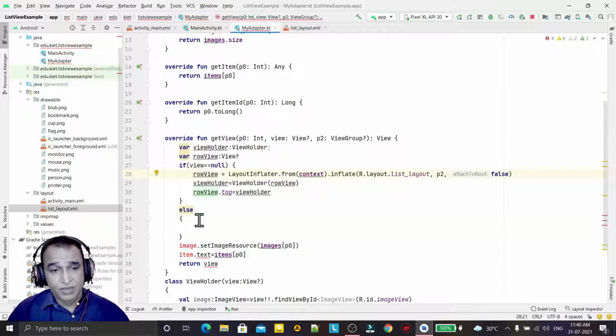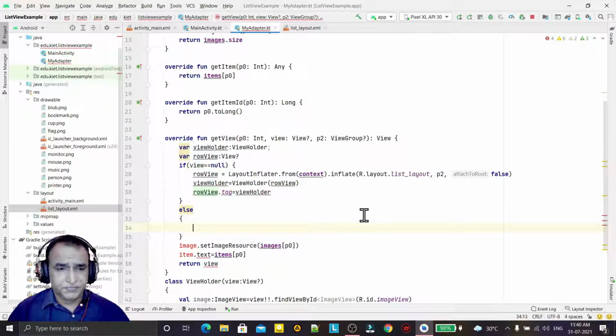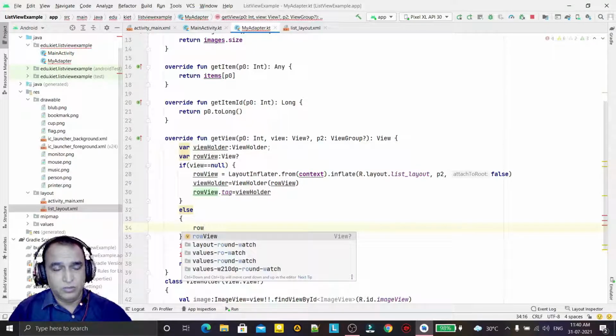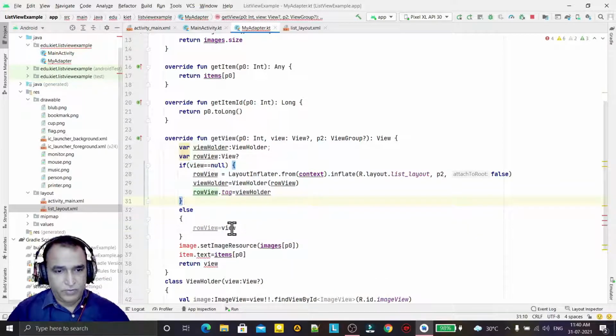We are checking: if it is not null, it means layout is already connected, layout is already linked. Then what we have to do? We have to initialize the row with the view. First of all, this view has to be passed here because it's already initialized.